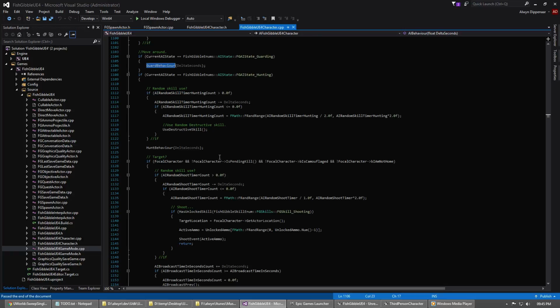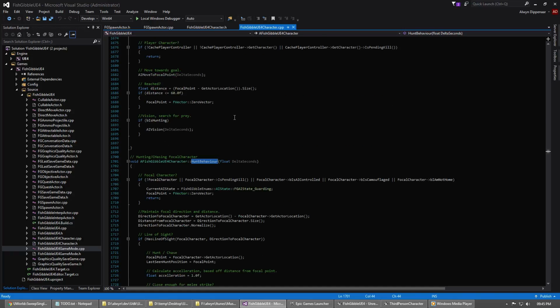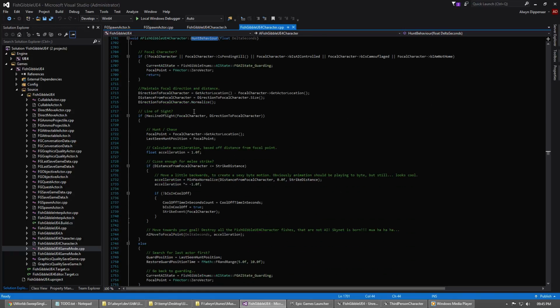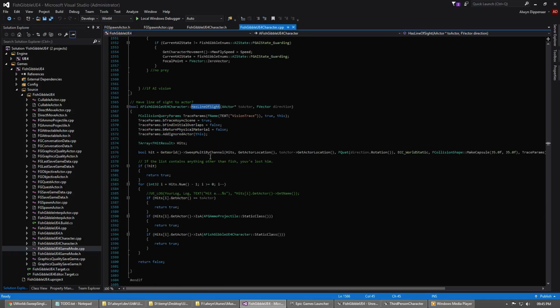They go into hunting mode when they've found you. So in hunting mode, there's hunt behavior, and that's a little bit different. While they have line of sight, which is another sphere, but it's a lot smaller, a capsule of 35,